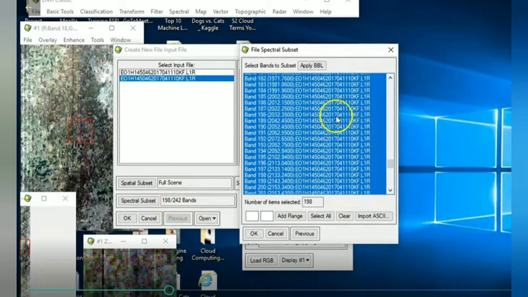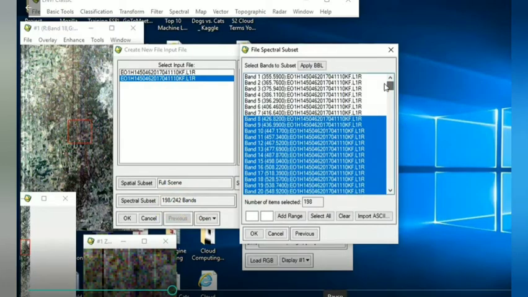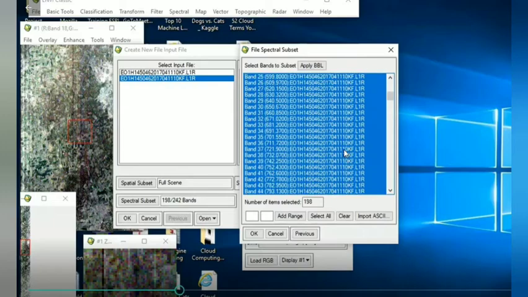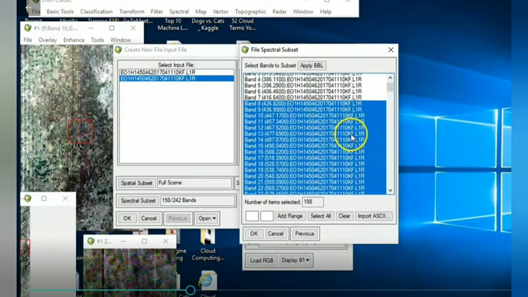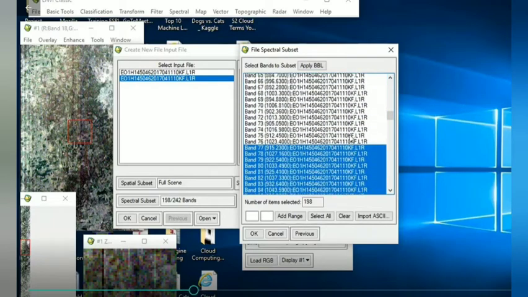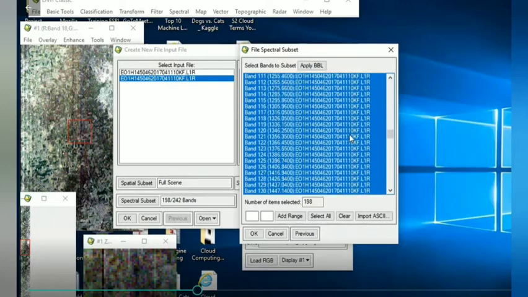it's shown here 198 bands. These are the good bands, and our remaining 1 to 7 like this. These bands are the bad bands. That bands does not contain any information. So by default, this NV has given you 198 good bands and removed the not selected the bad bands.